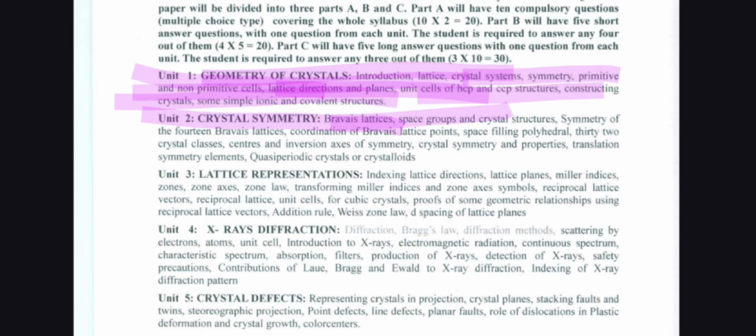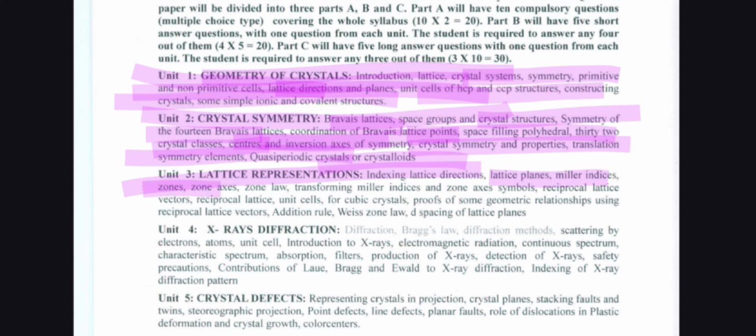Unit 2: crystal symmetry, Bravais lattices, space groups and crystal structure symmetries of the 14 Bravais lattices, coordination of lattices, space filling, polyhedra, 32 crystal classes, centers and inversion axis of symmetry, crystal symmetries and property translations, symmetry elements, periodic crystals and quasicrystals. Unit 3 is lattice representations, index, lattice directions, lattice planes, Miller indices, zone axis, zone law, transforming Miller